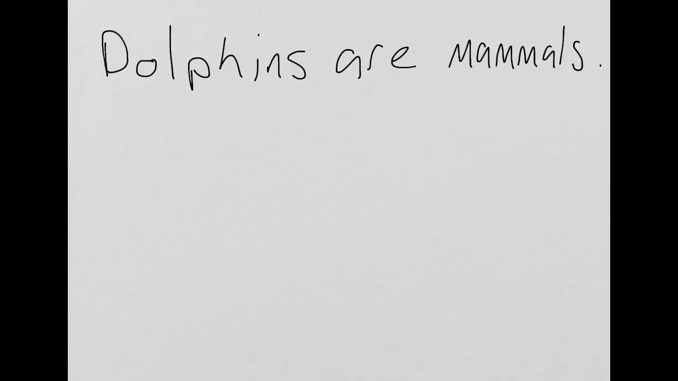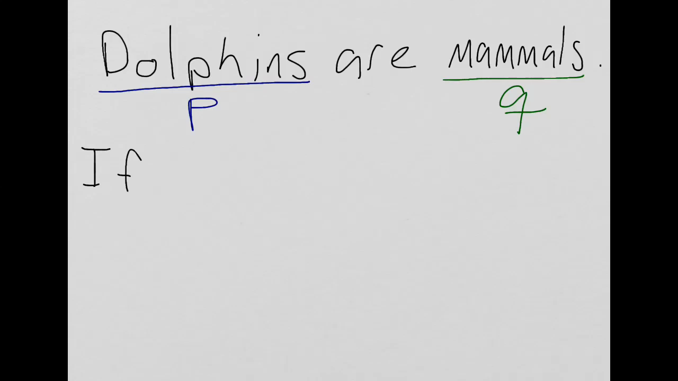Now that you've had some time to work on this on your own, we're going to go over it together. So our first step is to identify the hypothesis and the conclusion. So the hypothesis here is going to be dolphins, and our conclusion is going to be mammals. So if I rewrite this as a conditional statement, if an animal is a dolphin,